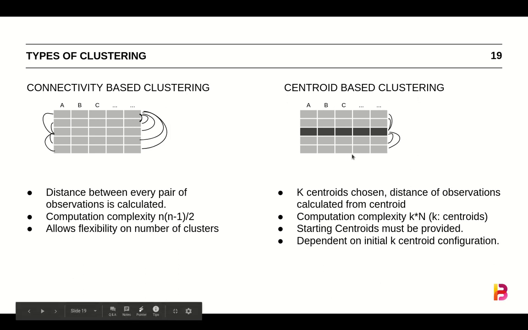In centroid based clusterings like k-means, you have seen that we start by making a broad assumption on the number of clusters we want. So unlike connectivity based clustering, where we are flexible enough to first build a tree and then choose the number of clusters, in centroid based clustering we start by telling the algorithm how many clusters we need, and then we let the algorithm iteratively run and partition the given data set into these broad clusters.